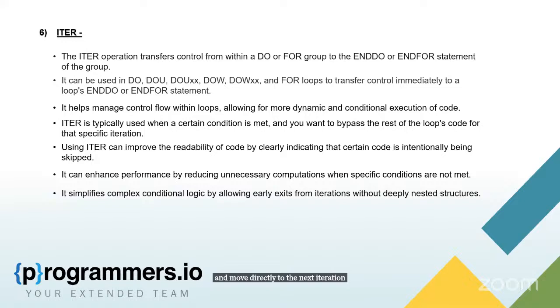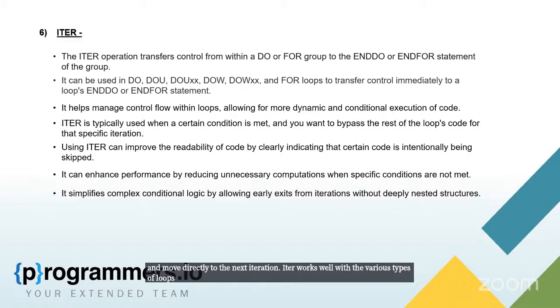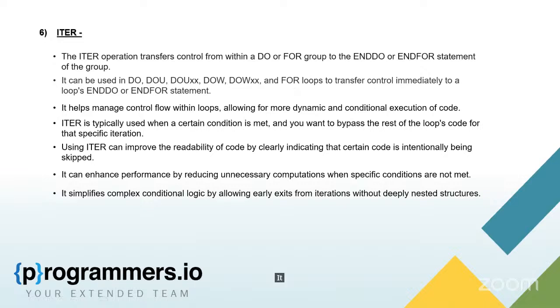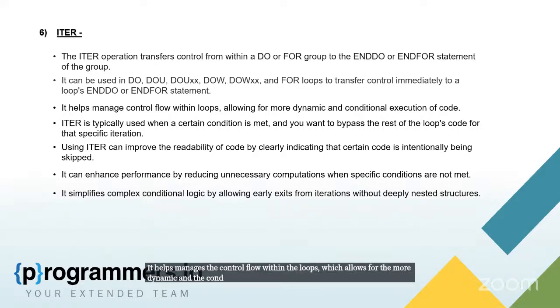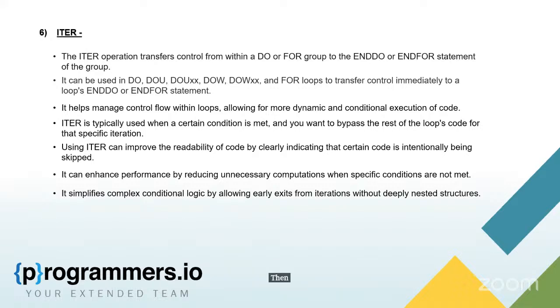ITER works well with the various types of loops which we have already learned: DOU, DOW, and DOW with a comparator, and the FOR loops. It helps manage the control flow within the loops, which allows for more dynamic and conditional execution of the code. We typically use ITER when a certain condition is met and we want to bypass certain